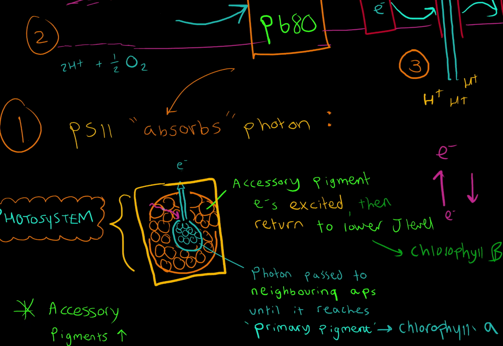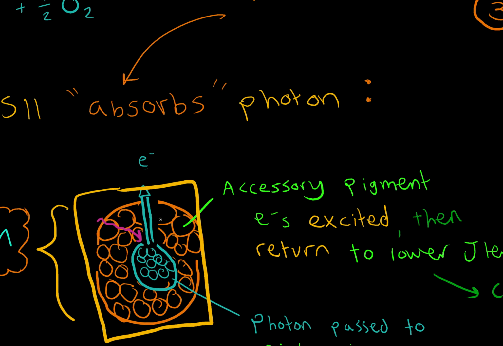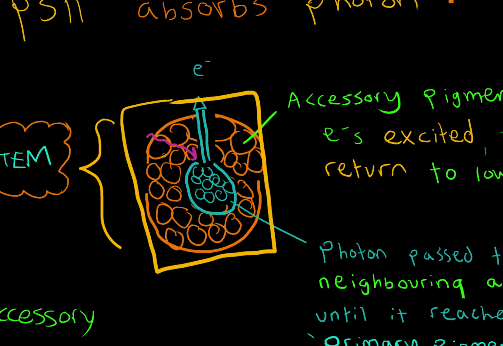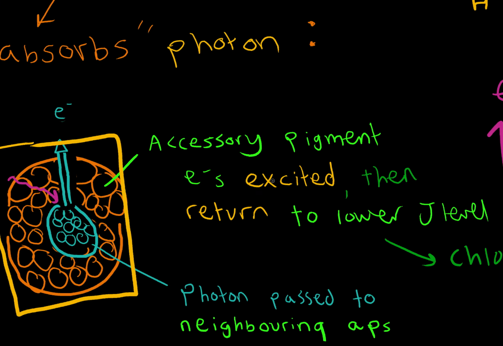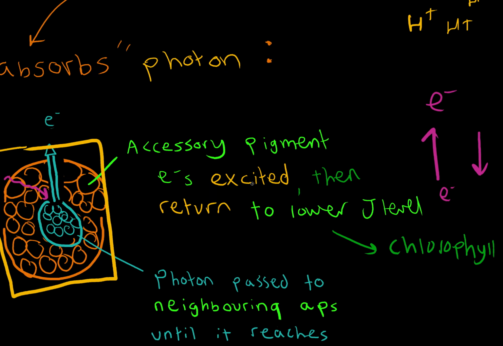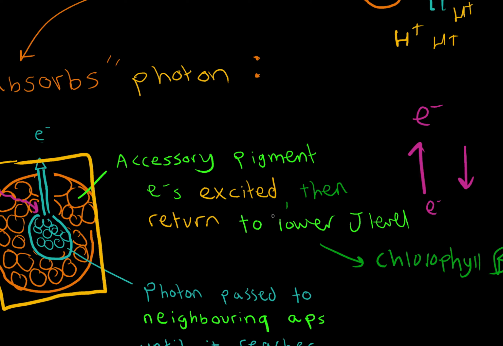I'll zoom in on that. That little pink arrow there is the light being absorbed by the accessory pigments, and what happens is we find that electrons become excited. Okay, the electrons from these pigments become excited, so they jump up to a really high energy level. But then they realize they don't have anywhere to put the energy. They can't do anything with that energy, so they're on this really high energy level, sort of like taking an